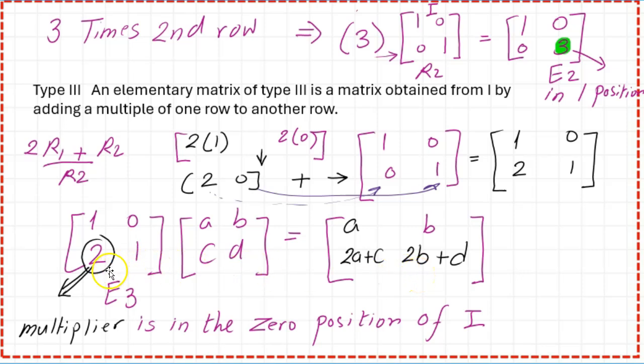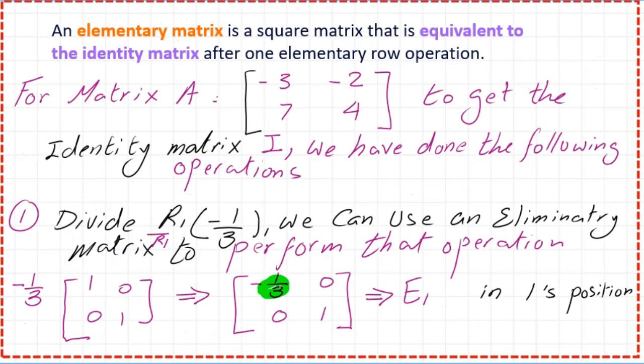We will find out that this 2 is replacing the 0 in the identity matrix, which is in the position where we have 1, 0, 0, 1. Due to using the multiplication and add, this 2 is replacing the original 0 in the identity matrix. We'll move to the next slide.